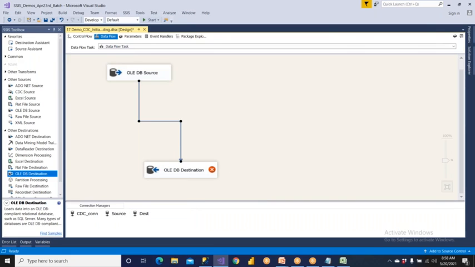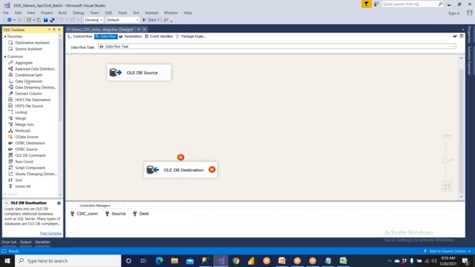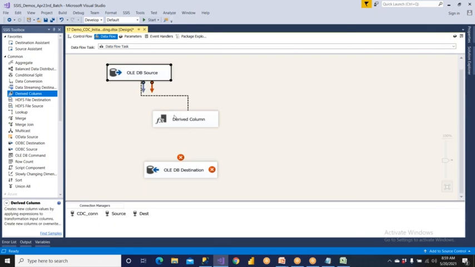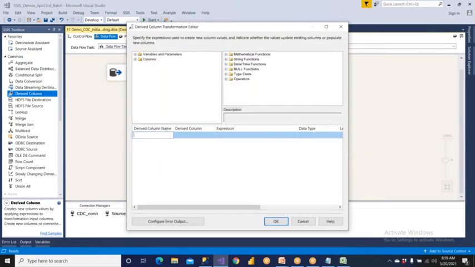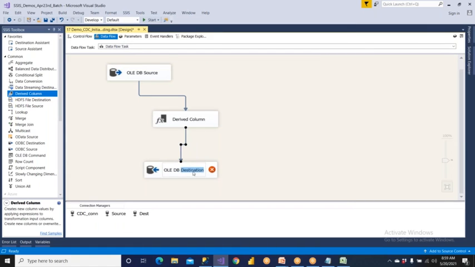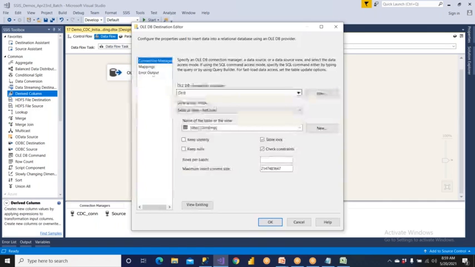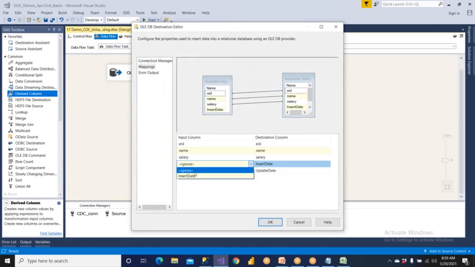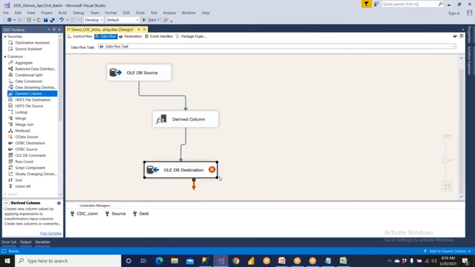Now how can we get an insert date? So we can use a derived column transformation, and we can create a new column, insert date, right? And we can give getdate. So go double click on this again and go to mappings, insert date we have provided. Now